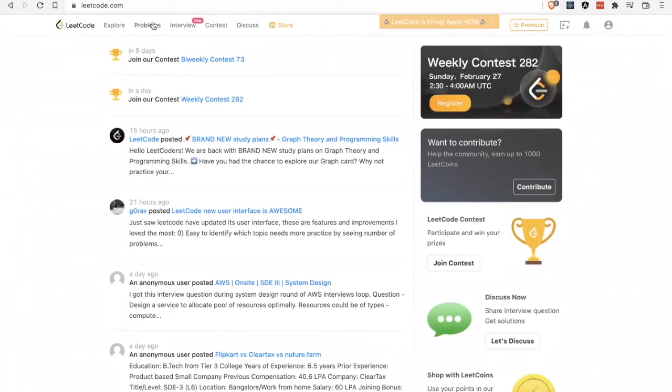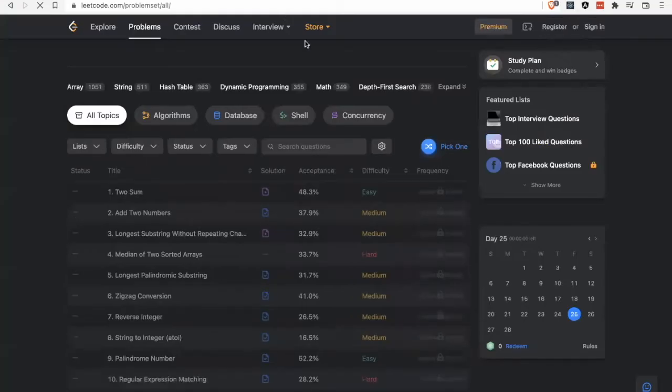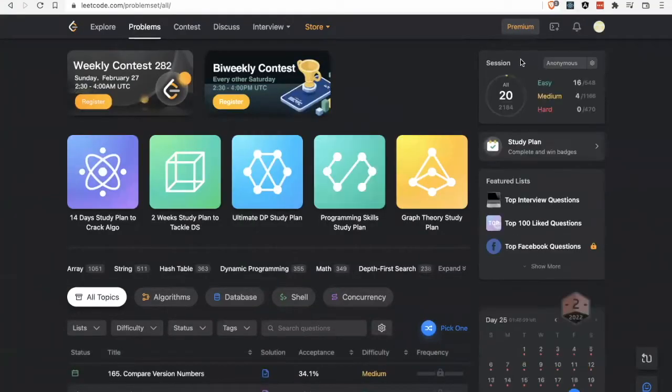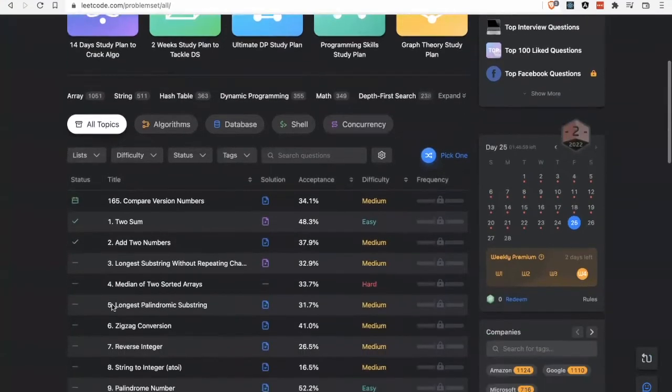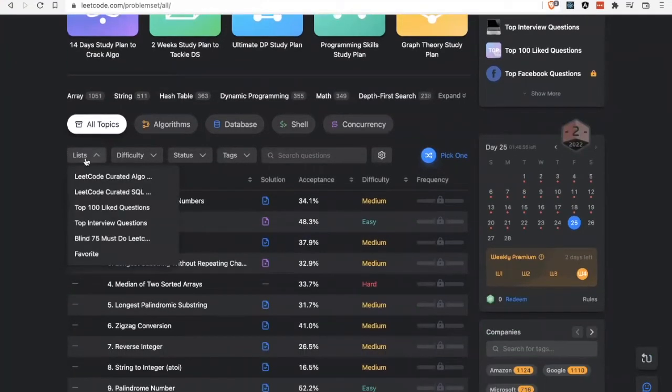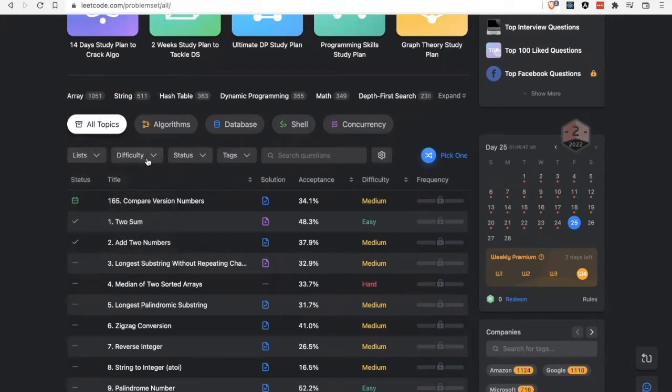So we'll just go to the problem section. So here you can see all the problems and any list of problems you might put together, but some of them are created as soon as you sign up for LeetCode.